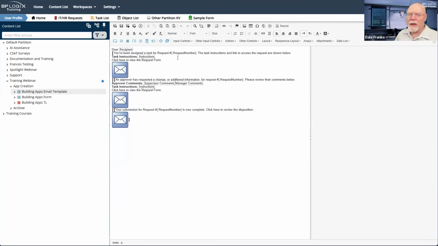That email then goes to an email inbox. You can import those emails from that inbox periodically into Process Director, process the emails, parse the response from the user, and based on whether they used approve or deny or resubmit, you can process that as a task completion, and they can complete their task solely by email.